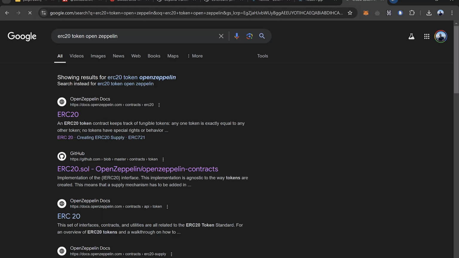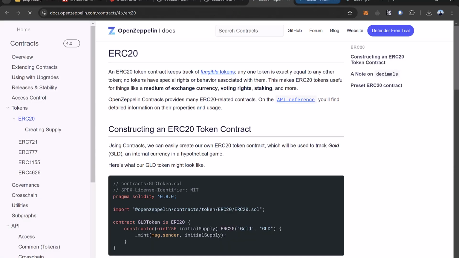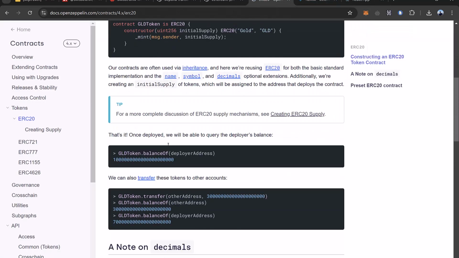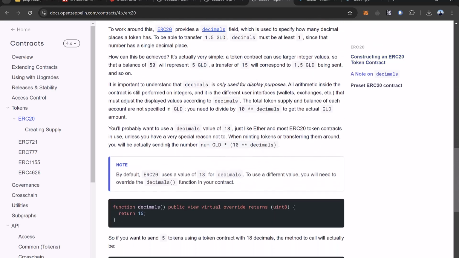functions. Who doesn't know what an ERC20 token is? You know, how deep should I explain that? Okay, so an ERC20 token is a smart contract that has some functions that you are able to